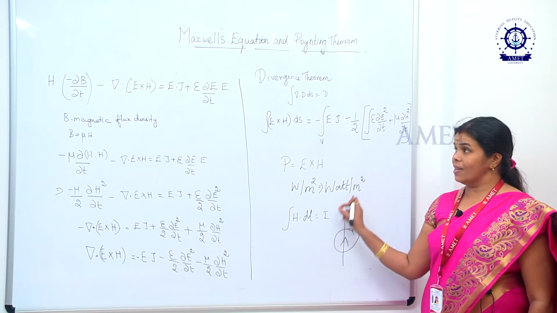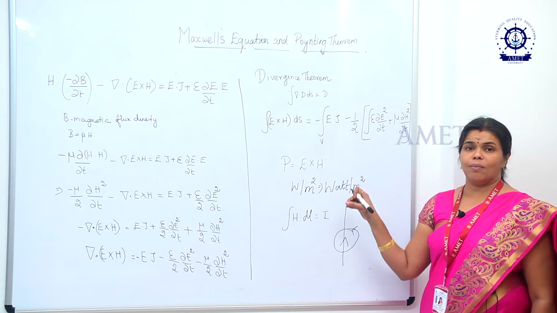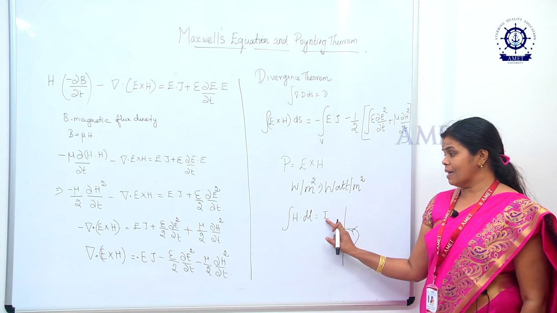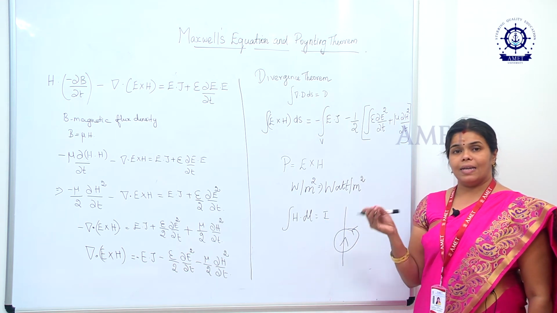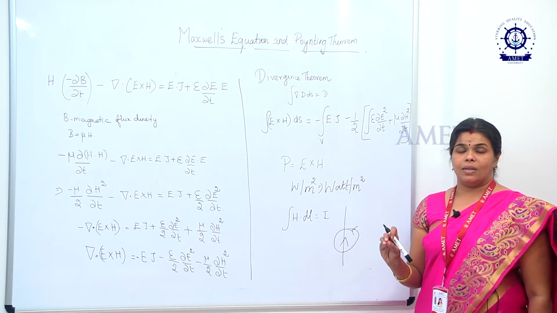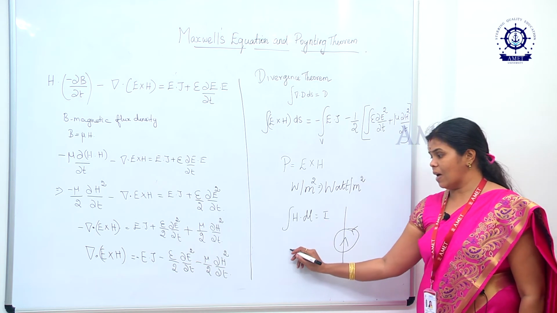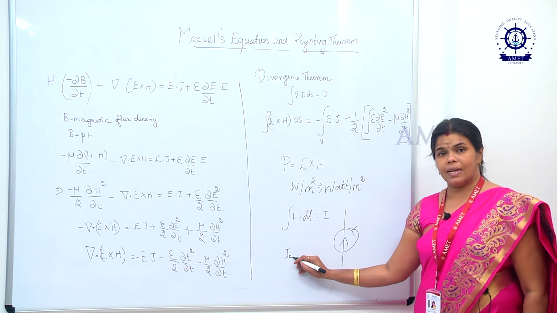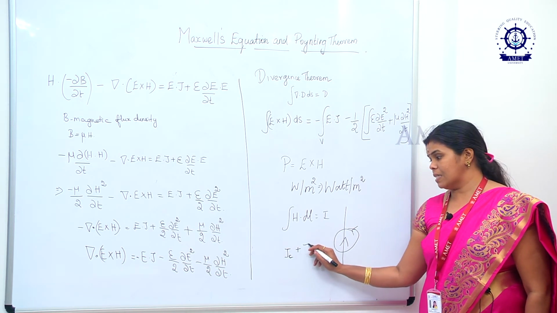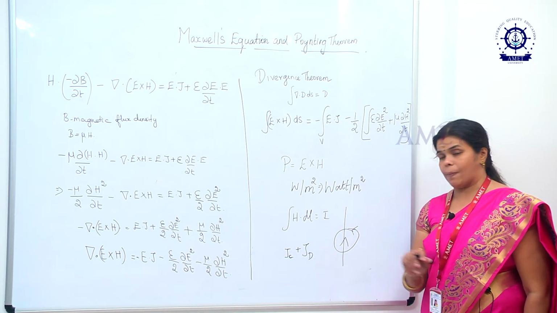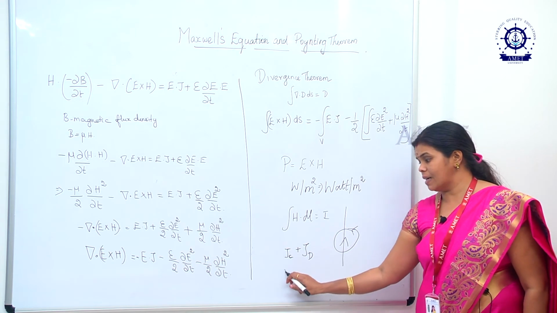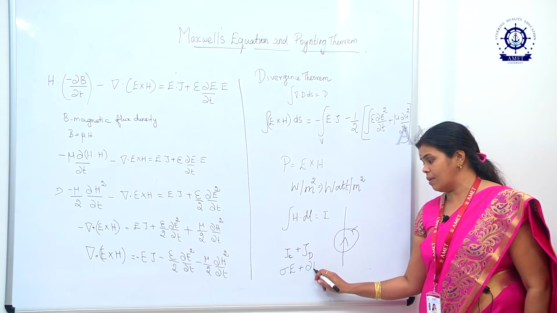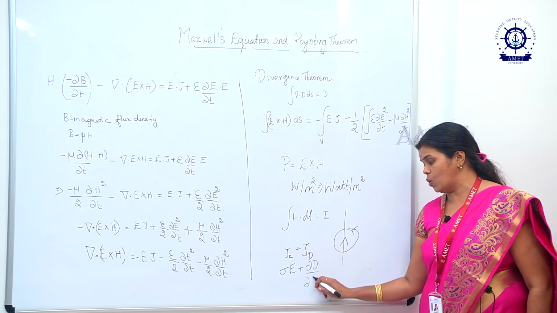But in the Maxwell's equation, the same law can be called the modified Ampere's law. So what we are doing is, the current is not only a single current, it is actually a current density. So current density means we have the conduction current density Jc plus the displacement current density Jd. So the Jc can be written as sigma into E, and the displacement current density can be written as dou D divided by dou t.